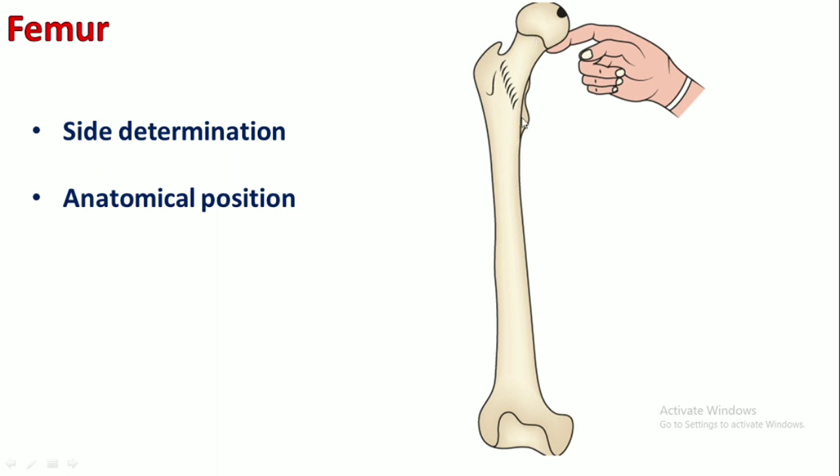Okay, these are the certain gross features of femur you should keep in your mind. In the anatomical position, you can hold the femur with your hand from the shaft. Okay, and these points should be kept in mind. Head is medially upward. And these two condyles, this is the medial condyle and this is the lateral condyle, that lie in the flat horizontal plane. So these are the certain points that you have to keep in your mind.